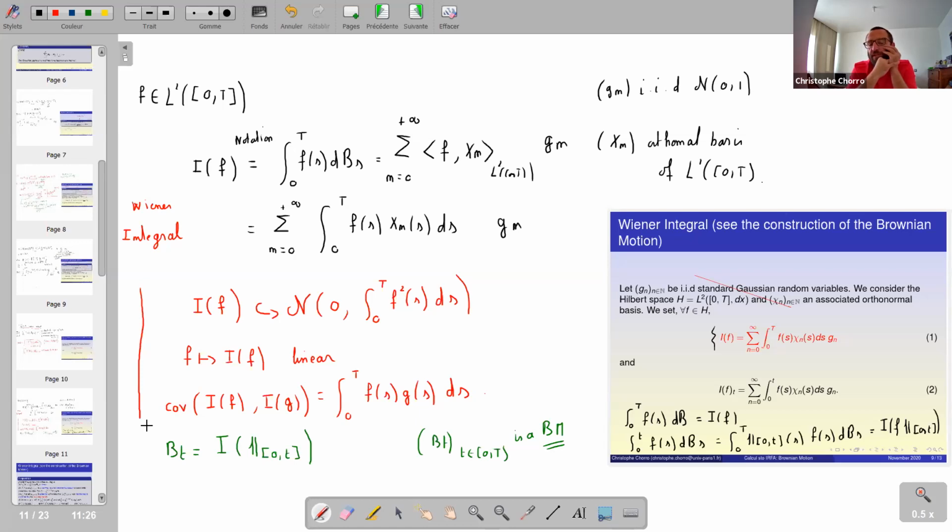The only hypothesis that won't be fulfilled by the Wiener integral with respect to the Brownian motion is the fact that the Brownian motion is stationary, in the sense that B_t minus B_s follows the N(0, t minus s), meaning that the distribution of an increment only depends on the size of the increment you consider. In the case of the Wiener integral, it won't be the case. It will be the only difference between these two processes. So let's have a look at